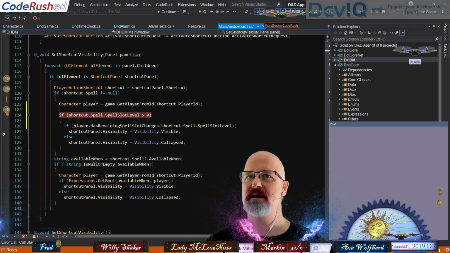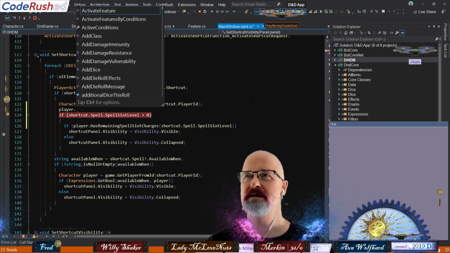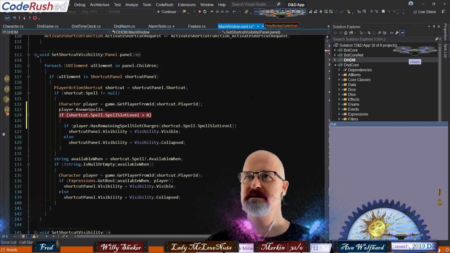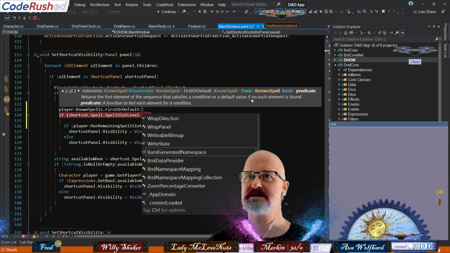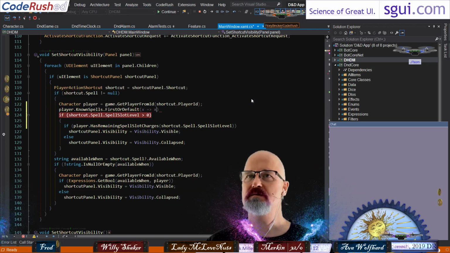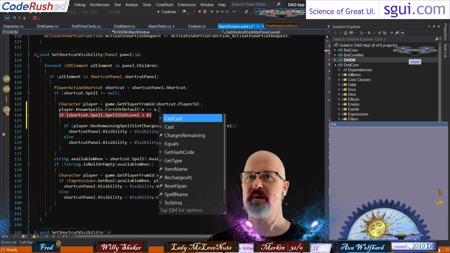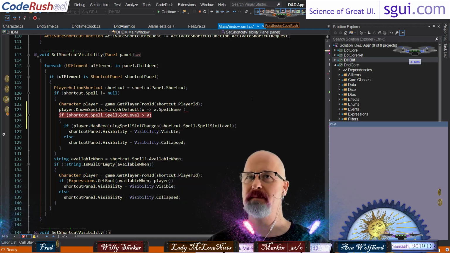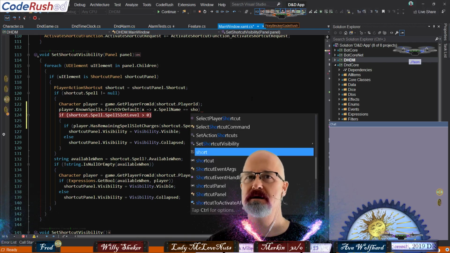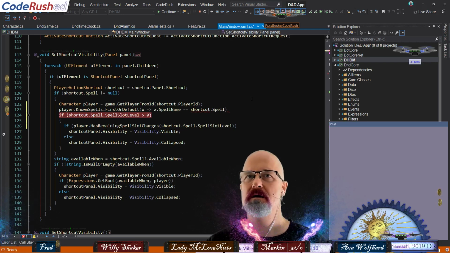Let's see. Player dot known spells dot FOD for first or default, x equals x to give me that part right there. So I'm looking for the spell name equal to the shortcut dot spell dot name, like that.